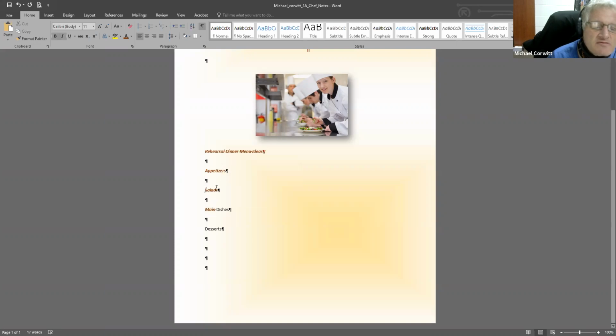Excuse me a second. Format paint. Dishes. And we're going to do the last one. Format paint. And desserts. Okay. So once we have everybody all formatted and painted, we're going to go to our quick toolbar and save. All right. So now we're looking at